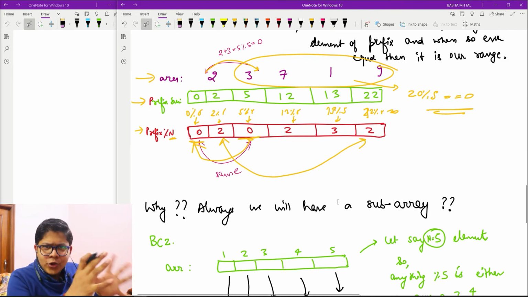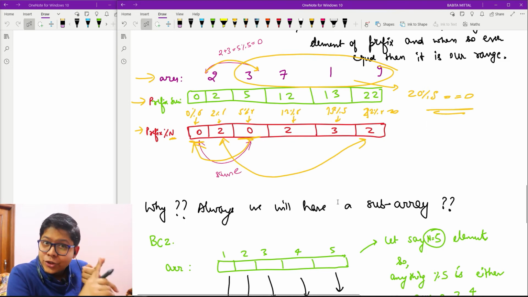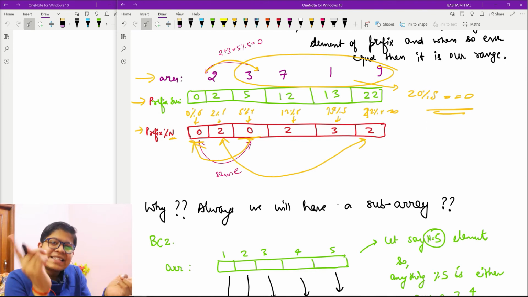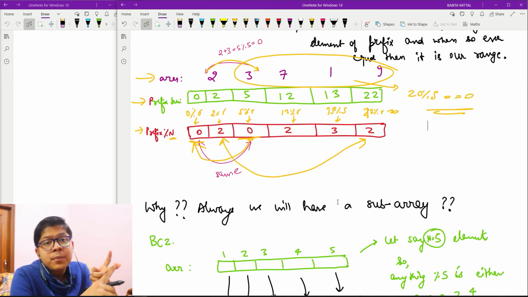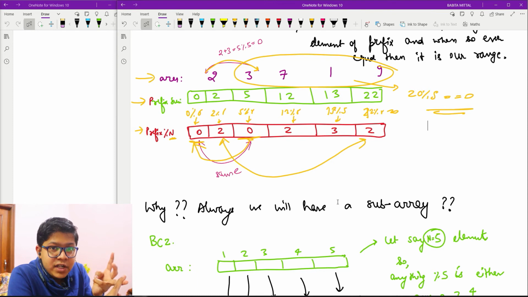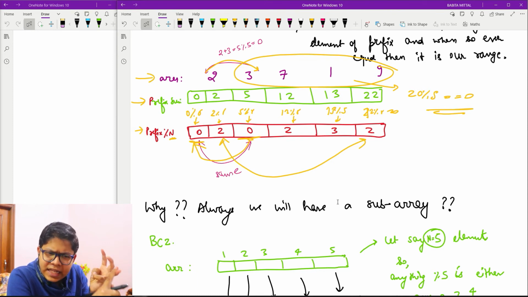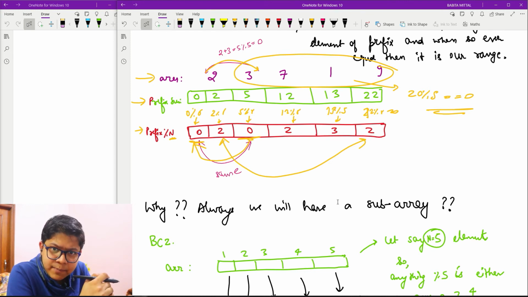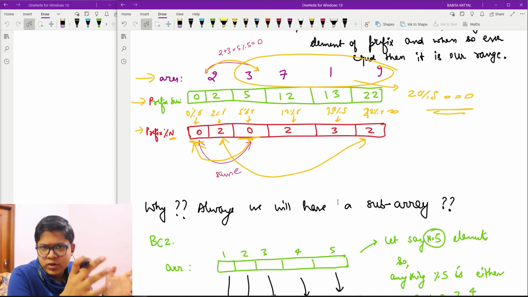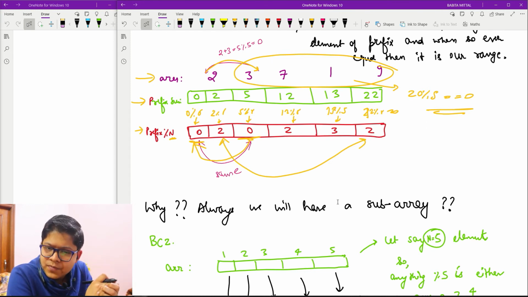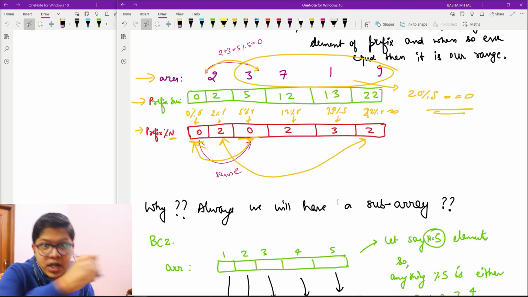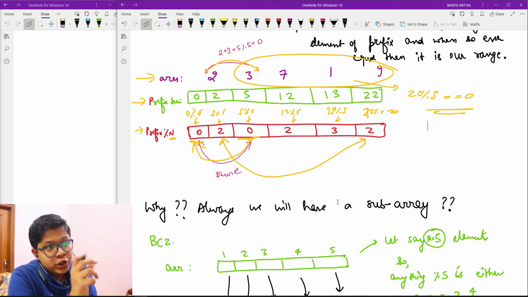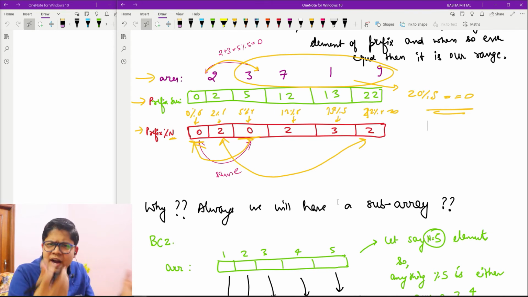So now you know what we actually thought of doing. We will find the subarray. After that, we will make its prefix sums. After that, we will do its mod n. And if I find any two of them the same, then I will say, okay, I have my range in my answer. Now I said that if I find, but now I'm saying that I will surely find two such same elements. Now why am I saying that?